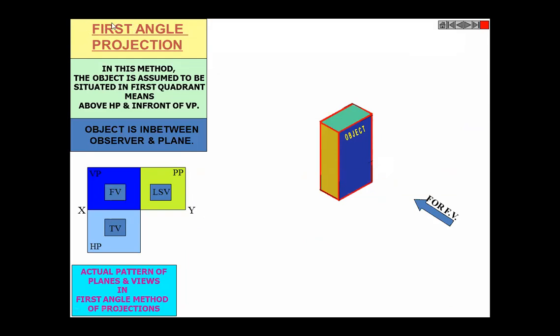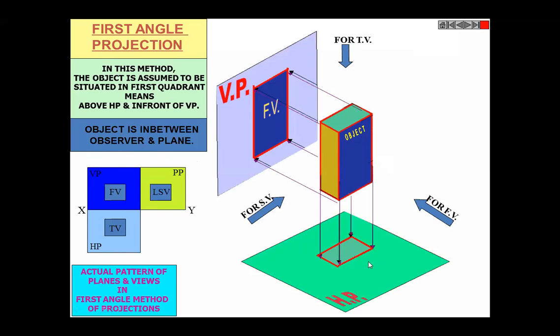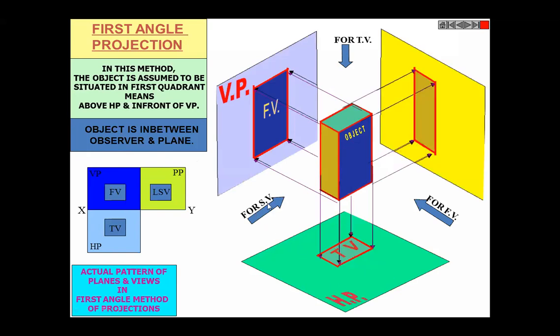Draw this by the first angle projection method. It is written here, and everything is given also. This is how your views should come. Hope everything is done. So how will it come? See, the front view is on the vertical plane, right? Then we see the top view, which is on the horizontal plane, and then the side view, which is on the profile plane. Like this, projections are thrown, so you should show these projections.